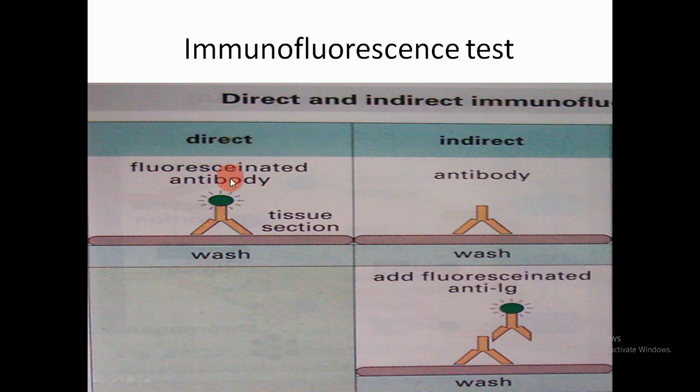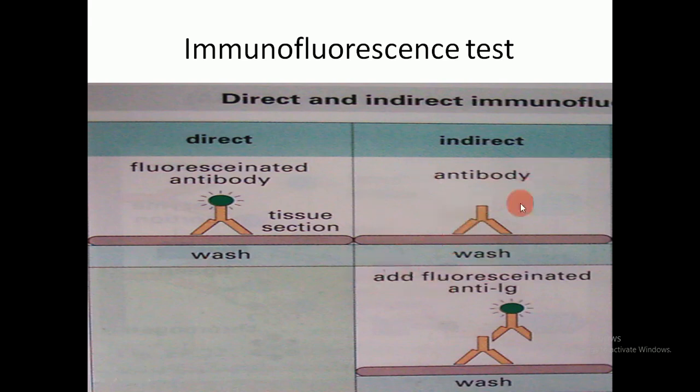In the direct method, we use the tissue section that contains the antigen and the antibody bound to it, and then we add the conjugate, which is the fluorescent labeled antibody. This is used in the diagnosis of dermatological diseases like pemphigus vulgaris. In the indirect method, we use tissue from an animal, like hepatocytes or liver from the rat, and